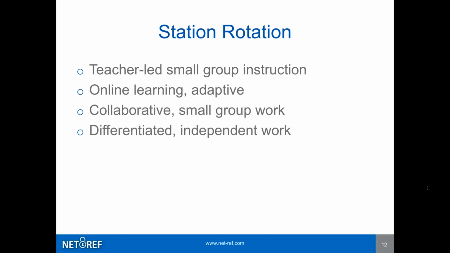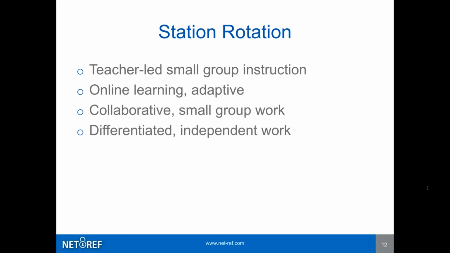So you might have one station where students are jumping into online learning. They might have an adaptive program they're logging into that's going to give them a baseline assessment that's going to allow them to answer a series of questions, and the artificial intelligence within that particular tool will help adapt a pathway or identify targets for students to work on. If every student has a device, they might be bringing their devices to a handful of stations.